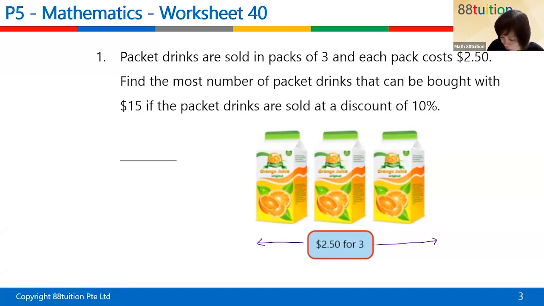And if you were to buy each pack, $2.50 in the packs of 3, and each pack costs $2.50, you're supposed to find the number of packet drinks that can be bought with $15. So if the packet drinks are sold at a discount of 10%, so 10% discount means you are going to pay for only 90%. Okay, so for 90%, you just have to find out what is the